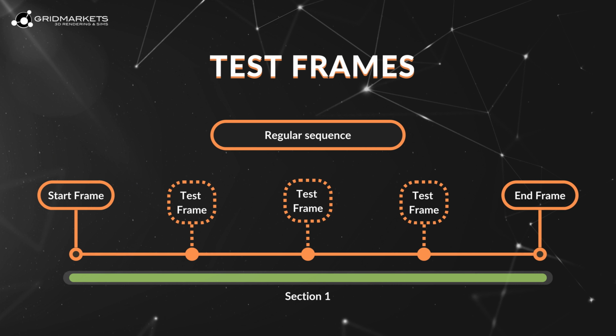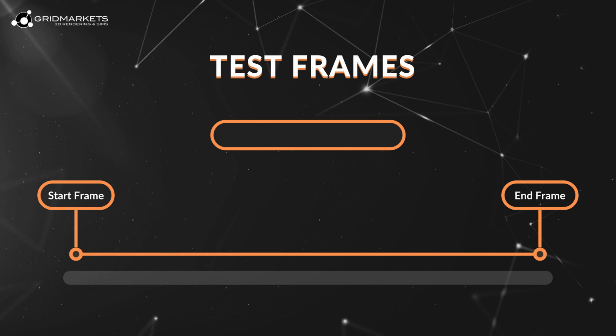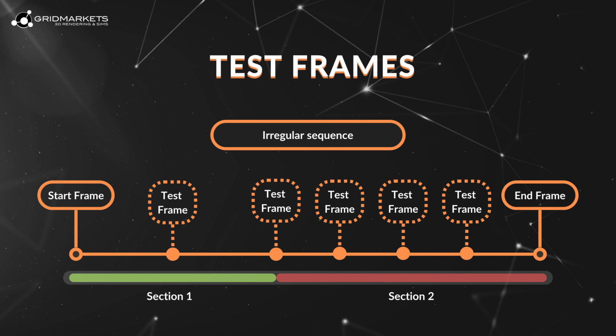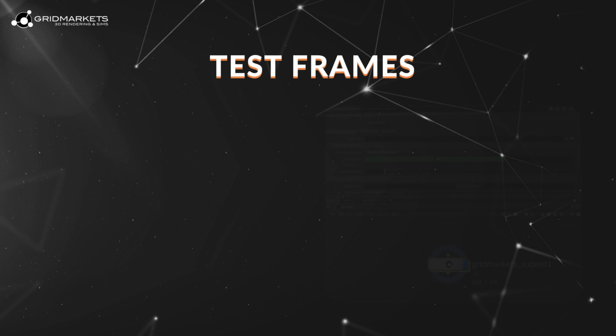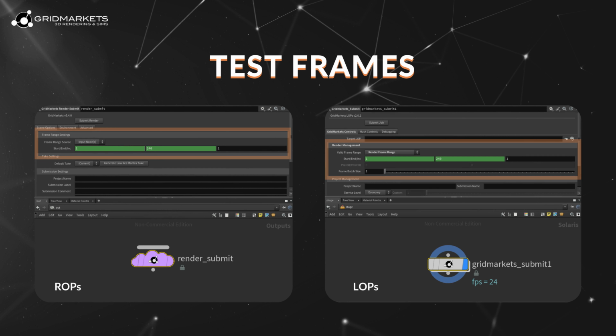If it stays mostly consistent, then you may want to test with every 10th or 100th frame, but if it's quite variable, then select frames that are representative of the different sections of the shot. You can adjust the frame range in the GridMarkets submission node, where you can set the start and end frames and the increment, or select a list of individual frames to run. This allows you to render several individual frames from the sequence or specific intervals, giving you an approximate idea of